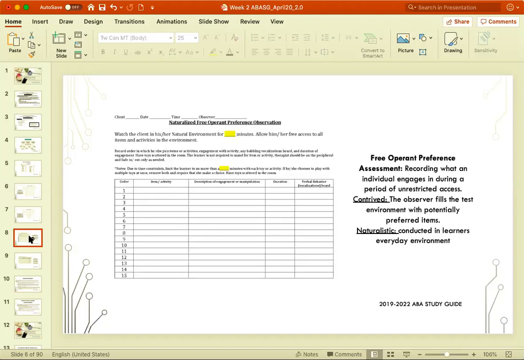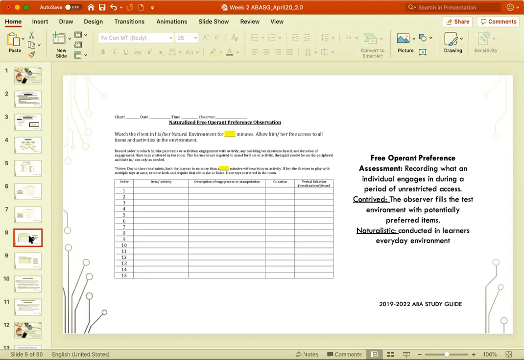Our free operant preference assessment, it's just that they're free operant. They're free to choose at any time. You may do a naturalistic one where you just allow them to go into the playroom at your clinic. Everything is the way it is. Maybe you go into an assessment room somewhere and just let them decide what it is that they want to